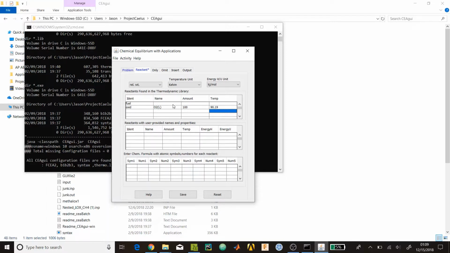RP1 is pretty expensive because that's basically refined kerosene, and obviously you have to go through the entire refinement process, and that's a bunch of money. We can't afford that. Methane is becoming a good candidate, especially if you want to go to Mars, because you